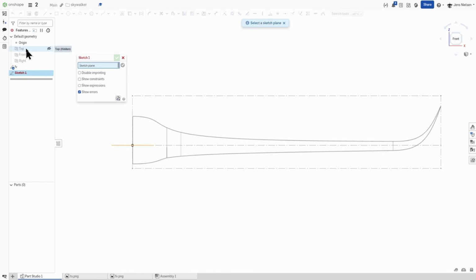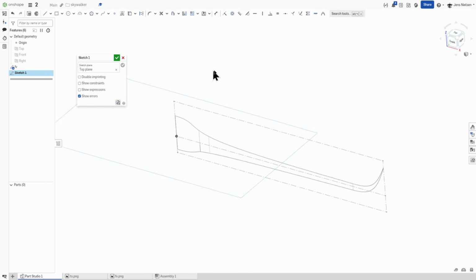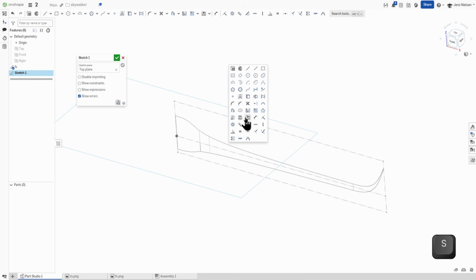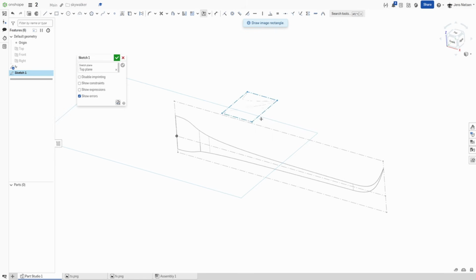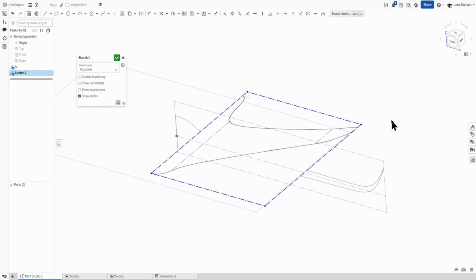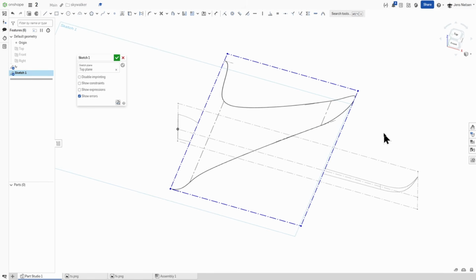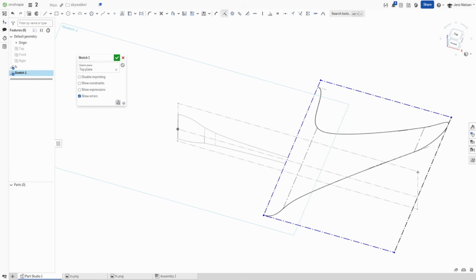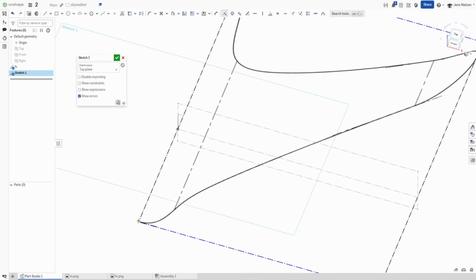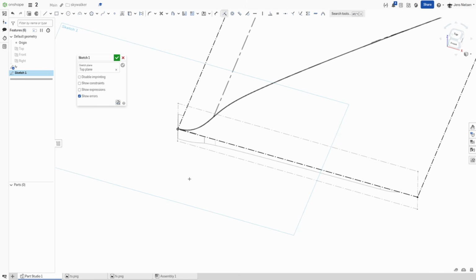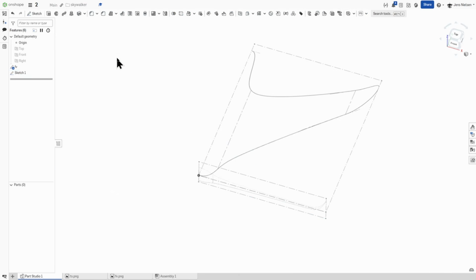and start that next sketch on the top plane and place that top sketch image here. Coincident here, coincident there, and here to the origin. Okay, I'll rename that here. Top sketch,